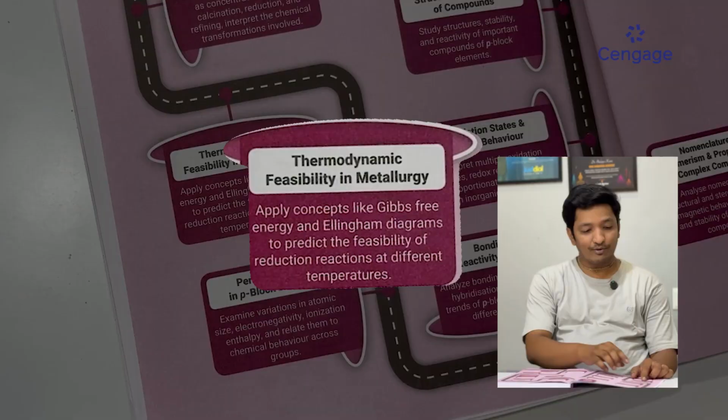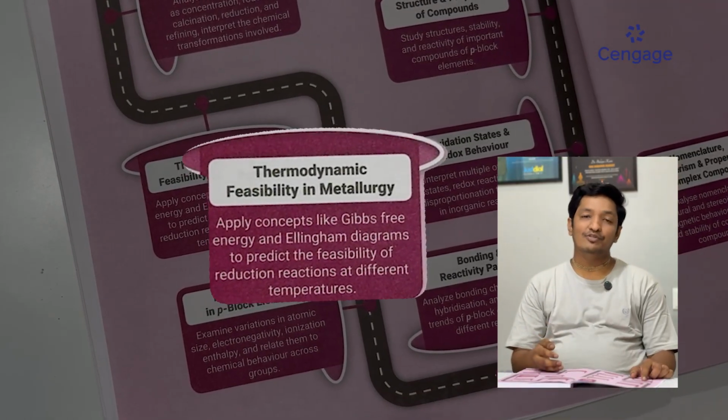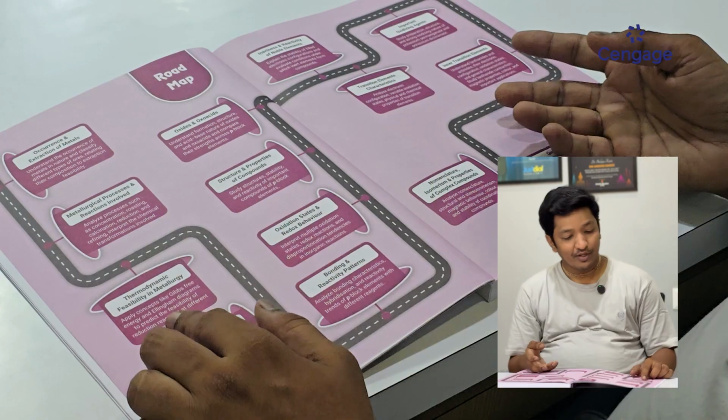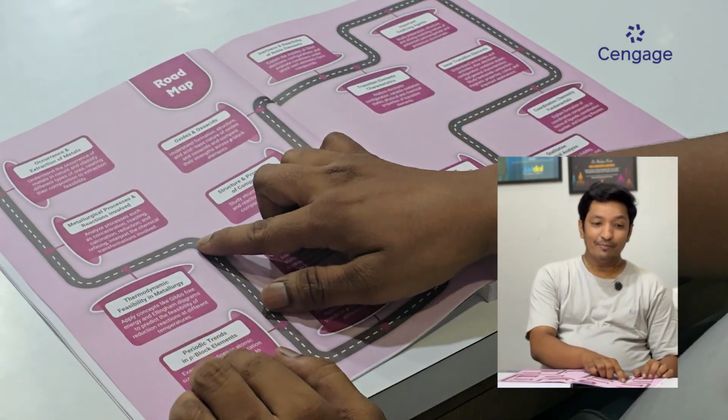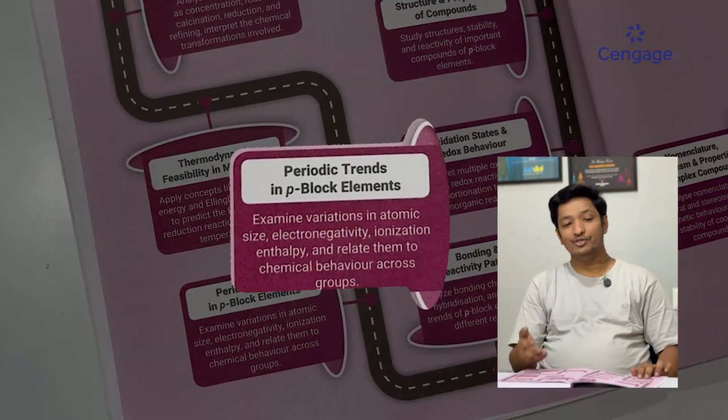Next step is thermodynamic feasibility in metallurgy, where we see the Ellingham diagram, and basically with respect to temperature, how the reaction will take place and which elements can reduce which metals. It's very important to understand who can be a good reducing agent at what temperature. And this is how we complete the first chapter and then go on to the next block chemistry, beginning with